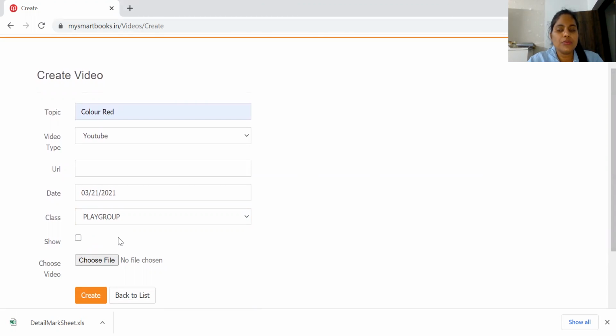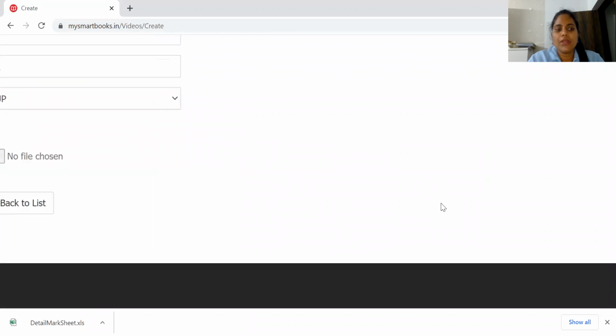If you don't press show, suppose you want to load the videos for 1 week, you can load and keep them, and day by day you can open the list and press show, and only then will the videos be shown. We will also be giving you a lot of videos. If you want to show those videos by default, you can, or if you don't want to show those videos but want to show your own, you can always show only those. There are more than 700 to 1,000 videos already available to you every month. There are around 100 videos available per device, and these can be used.